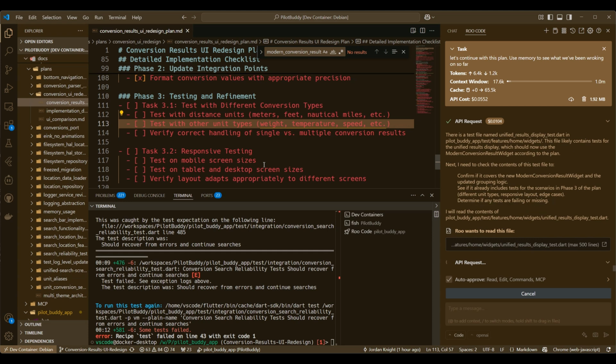It's gone and just double-checked the file system. Files likely contain tests for the unified results display. All right, so that means the unified results display stuff was created before we started using memory, and we only just started using memory very recently. So before that, I was tracking them in